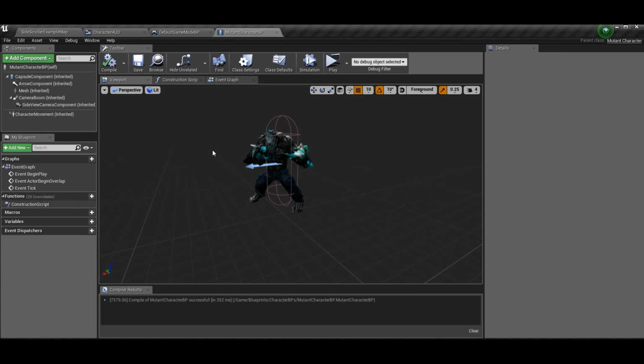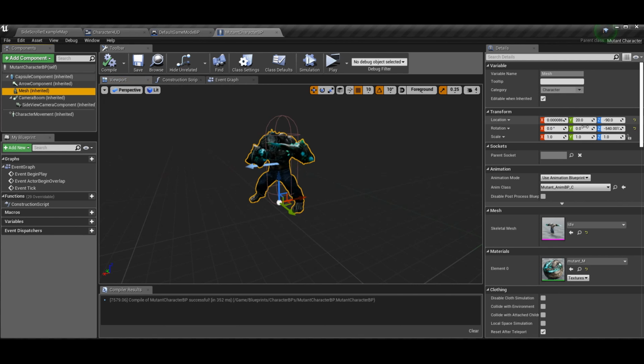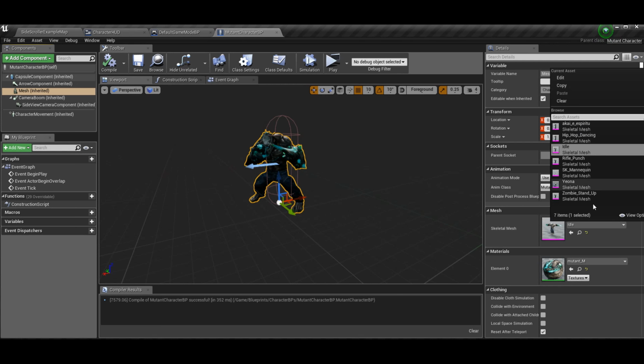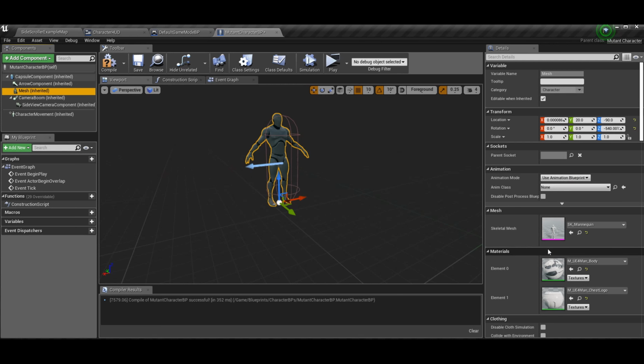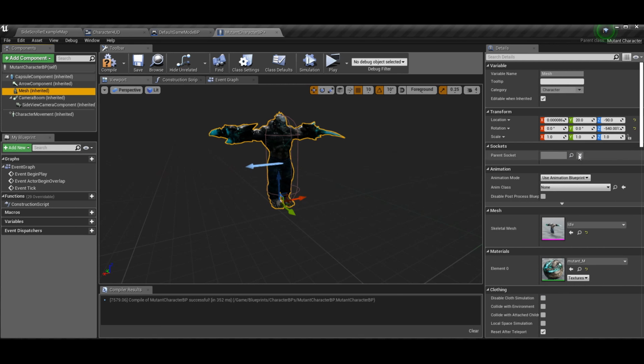And this will be nothing, obviously, when you go in here. It'll be like a little circle as the default mesh. So then you just go over here to the left, create mesh, or click on mesh, and then you can set your anim class and your skeletal mesh, which are things we already have if you watch the other episodes. If not, you just click down on this and you can pick whatever one you want. So I can change it to something else like mannequin,